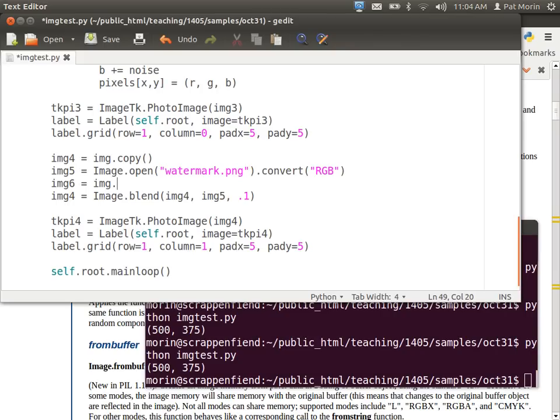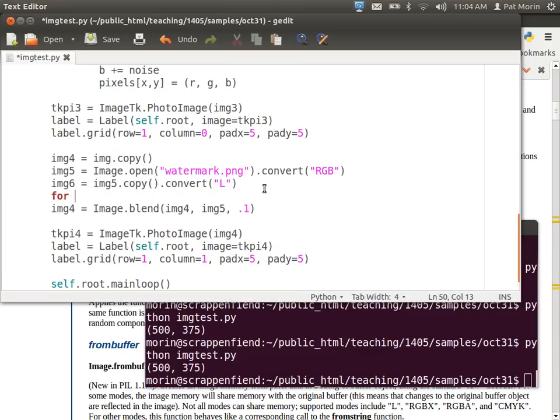So where would we get that from? Within the watermark, you mean delete the pixels that aren't within the range of the lighter colors. Okay, good. So we'll open the watermark. And actually the watermark is red and white, but that's basically black and white. So we can convert it to a grayscale image. Okay? And your idea is